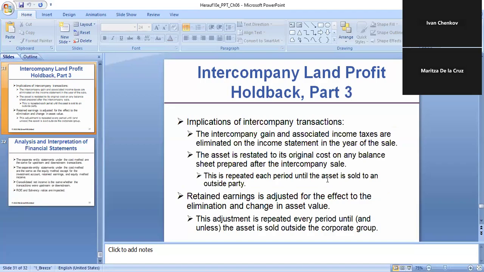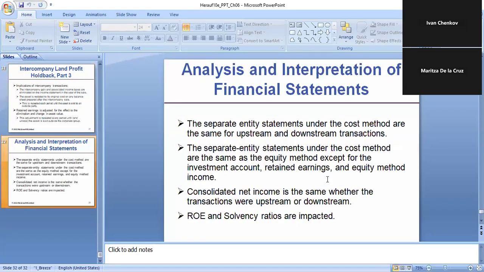What will be the implication? The implication is that intercompany gain and associated income taxes are eliminated on the income statement in the year of sales, and the assets are restated to the original cost. The retained earnings should be adjusted to reflect the elimination of the changes in the asset value. And the next thing is that once we have those separate entity statements on the cost method,